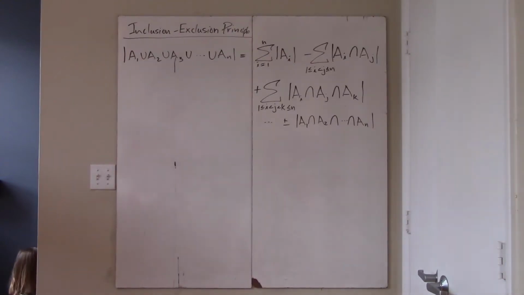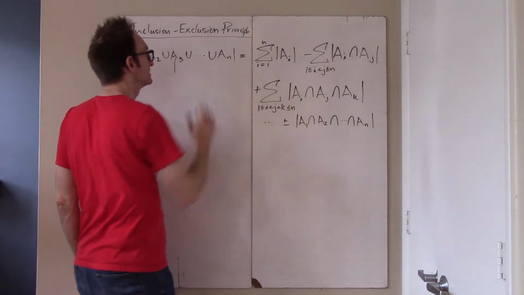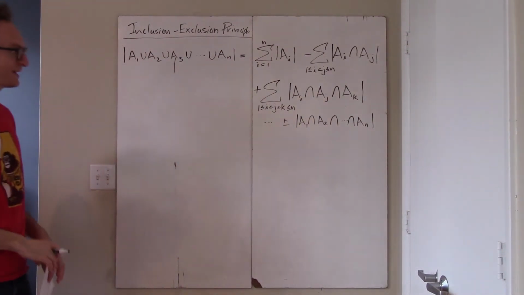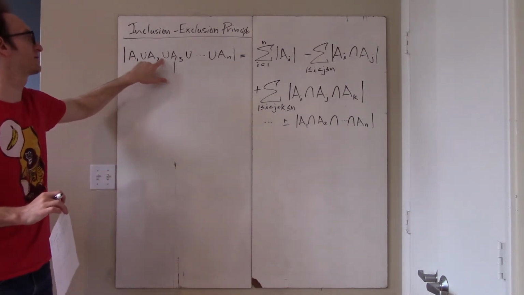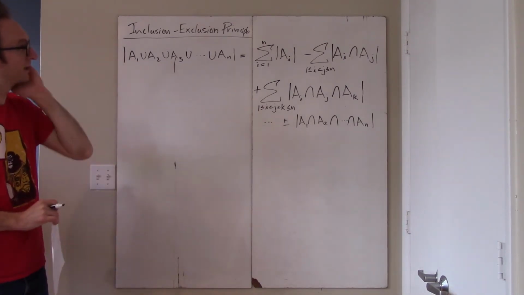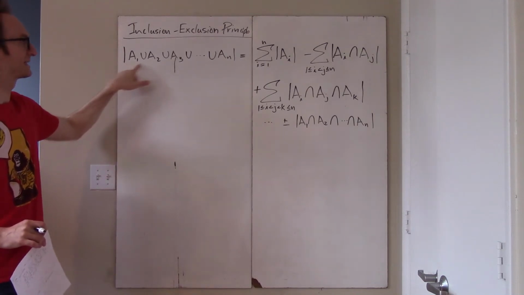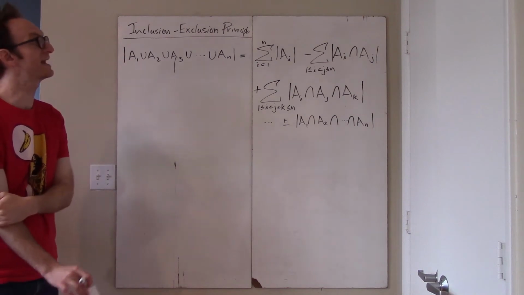Okay, we are back for a proof of the inclusion-exclusion principle, which hopefully just flows naturally from what we were talking about earlier. What is the inclusion-exclusion principle? Well, in the most general form, it says that you have n sets, and you wish to compute the size of the union of all of those n sets. So we call the sets A1, A2, A3, all the way up to An, and the principle says that if you take the union of all of them and take the size of it, then it's the same as, well,